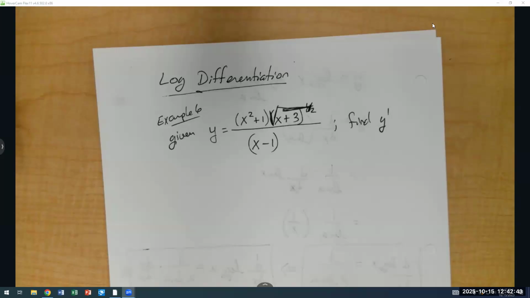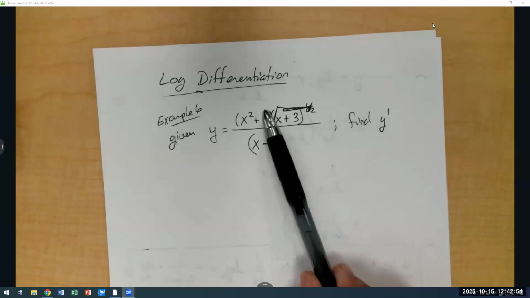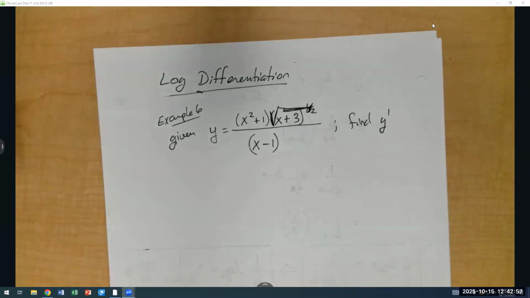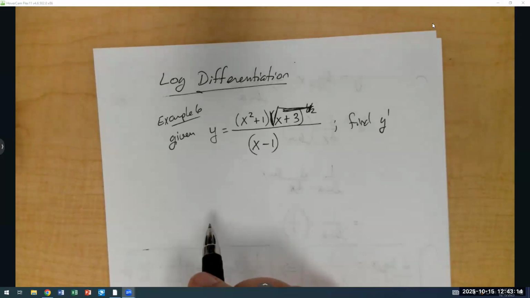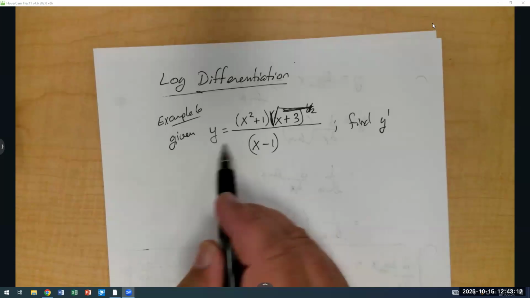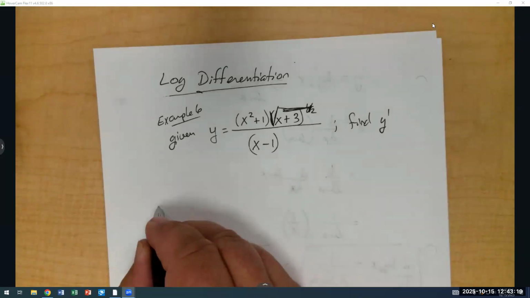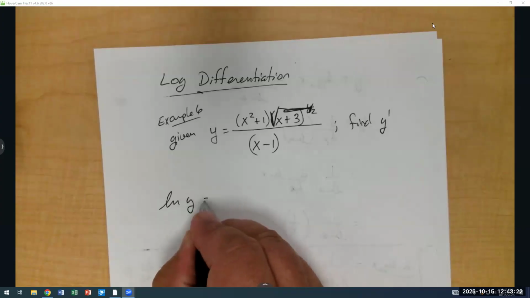Now, the first method I know, thinking through your head, is you have to use the quotient rule, right? And then on top, you have to use the product rule with the chain rule with the second one. Yes, that wouldn't be wrong, but it would be very labor intensive. There's a faster way of doing this, using logarithms or natural logs. If we have this equation, if we took the ln of both sides,